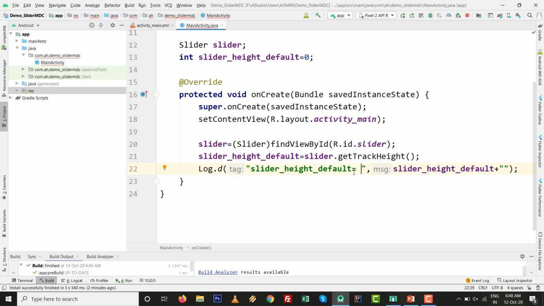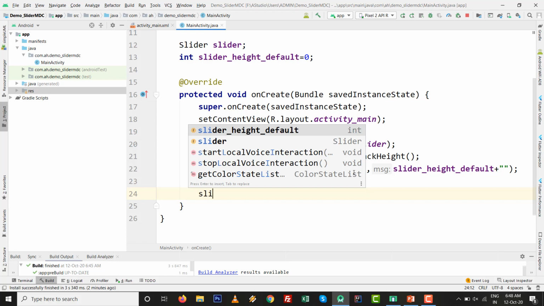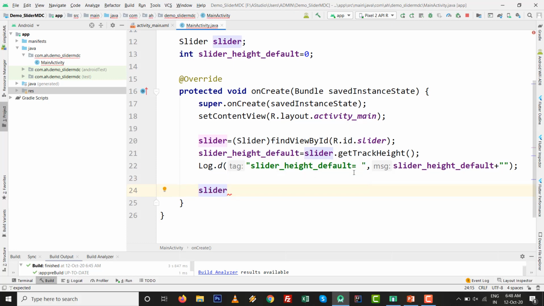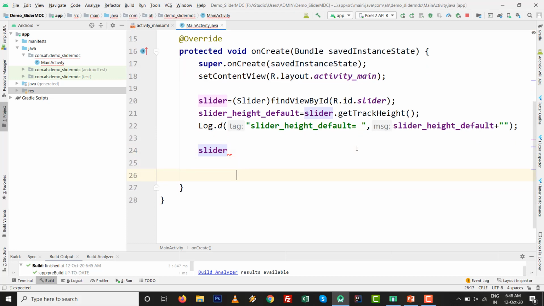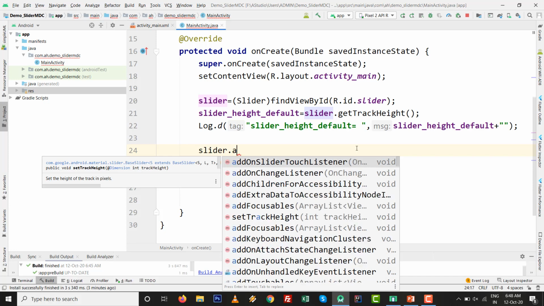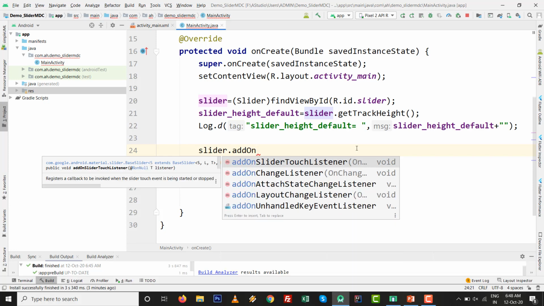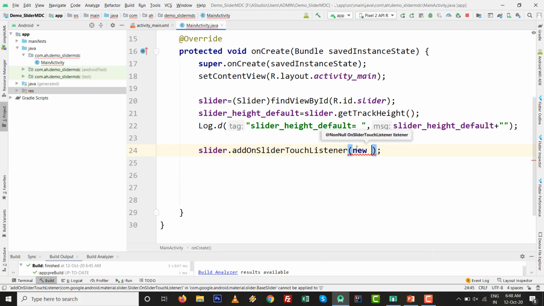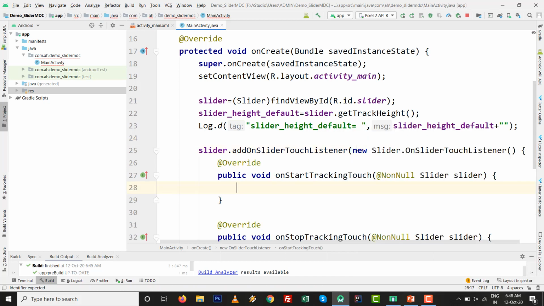So now we set some other method inside slider. Let's see and check it out. We want to check slider.addOnSliderTouchListener, we want to implement it. So addOnSliderTouchListener, new, and Ctrl+Space.